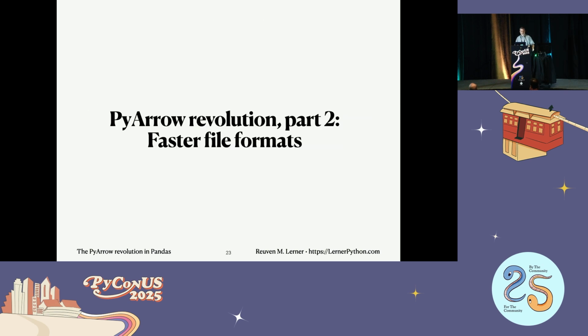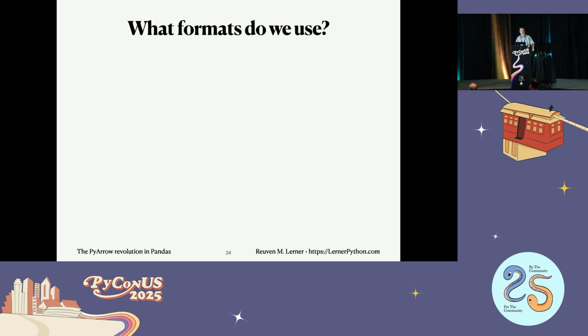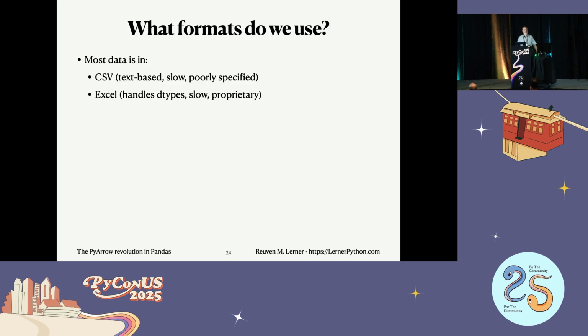Okay, part 2, faster file formats. I already mentioned that most of our data nowadays is in CSV, or you might have heard of this esoteric little program called Excel. And yes, Excel is a binary format, but it can really get kind of messy. I actually had something in Bamboo Weekly just a few weeks ago where we were reading in from Excel, and it was ridiculously, ridiculously slow. And someone explained to me, well, that's because Excel files are zipped XML files, and everything involved in opening them up made it horribly slow.